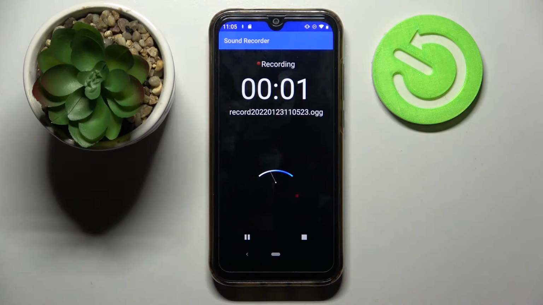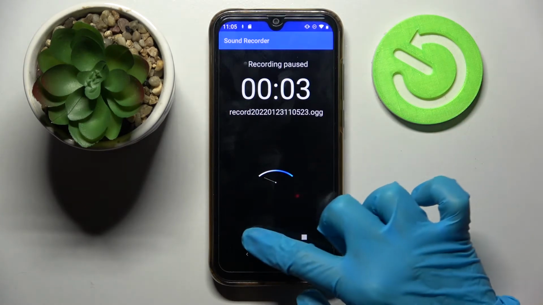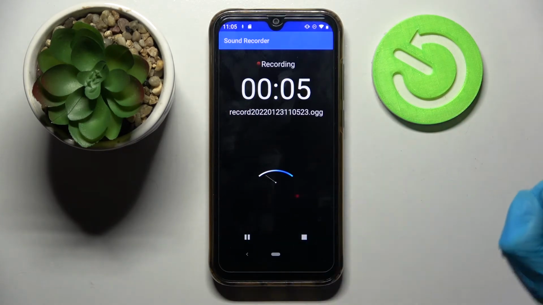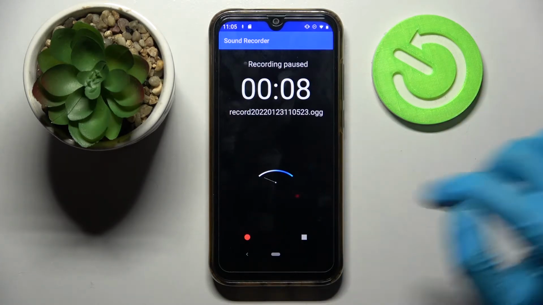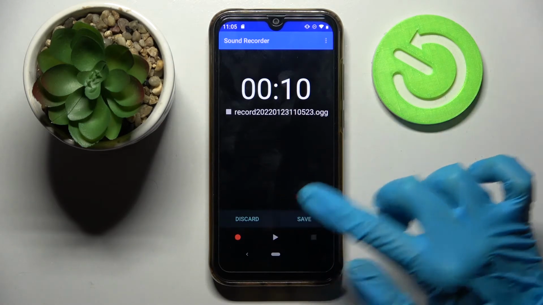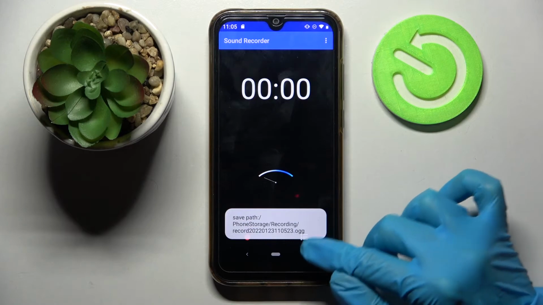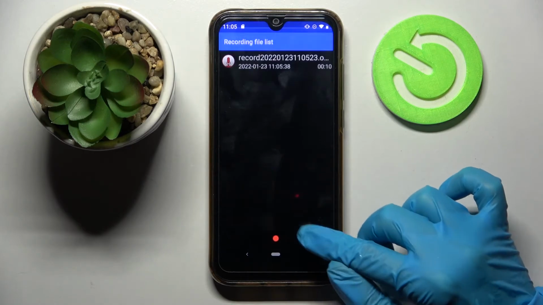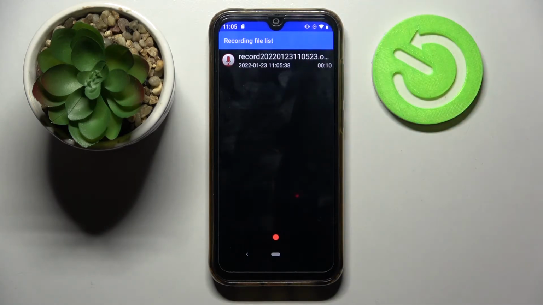As you can see, recording is now on. You can pause it and unpause it using the same left button. If you wish to end your recording and save it, you can pause it and tap on the square one, or just tap on the right square one right away. Now select Save and tap on the same right button, right one, this one, to access list of all your